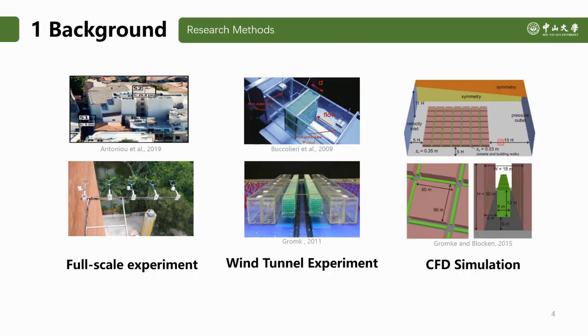There are several methods used for urban meteorological study, including full-scale experiment, internal experiment, and CFD simulation. Full-scale experiments offer the possibility of investigating the urban airflow and thermal structures from real situations. However, it is challenging to perform high-quality parametric observation studies because of uncontrollable urban geometries and heterogeneous surface materials. Furthermore, the measurements are usually limited with regard to spatial and temporal resolutions and are possibly affected by the anthropogenic